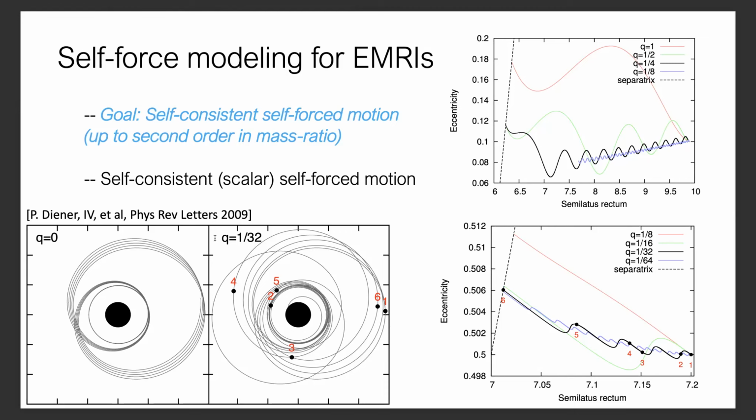Strictly speaking, these values should be fairly small if it were to be a good representation of EMRI motion. But we did this essentially to illustrate the effects of self-force much more strongly. One other way of describing or representing this kind of motion, or the effects of self-force, is by